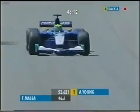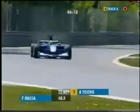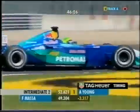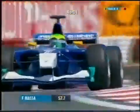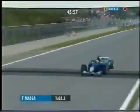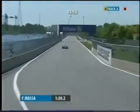Nevertheless, Felipe Massa pretty much on the pace, already doing a 1:27.8 against Alex Young's 1:26. But expect Felipe Massa to suddenly, well, he's 3.3 seconds quicker at this point. That's the intermediate section of the circuit. That's just down at the revised hairpin bend. So we're going to see a time from Felipe Massa, probably about a 1:22 by the time he returns